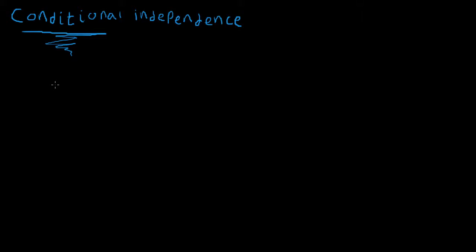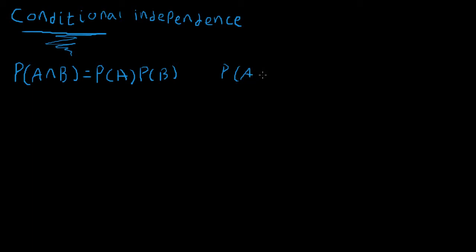In this video, we're going to talk about conditional independence. What is conditional independence? Well, recall that independence of two events A and B means that the probability of A intersection B is equal to the product of the two probabilities. Or alternatively, that the probability of A conditional on B is equal to the probability of A, and likewise for B